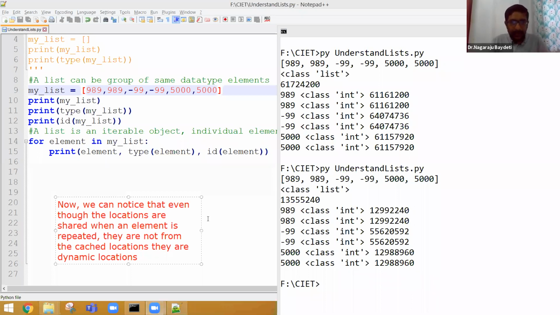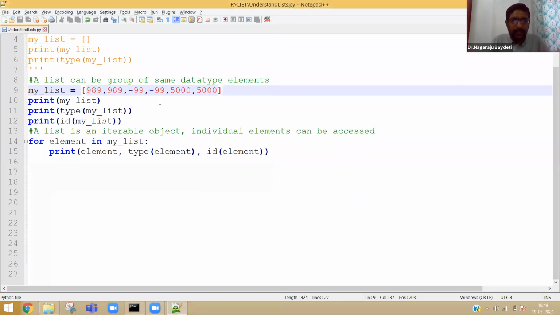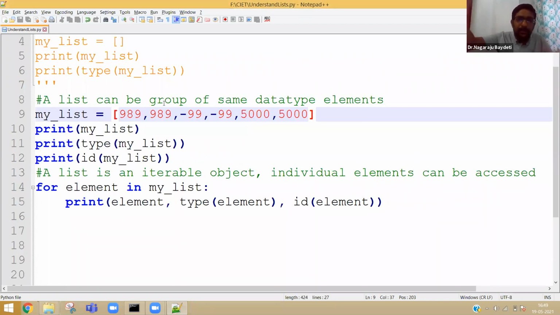See, everybody can teach what is a list, how to store elements in the list. We as engineers should not bother about those basic things. Those things can anyway be understood. You should always know what exactly is happening in the memory locations. How Python is actually utilizing the memory. Is it saving the memory? Is it wasting the memory?